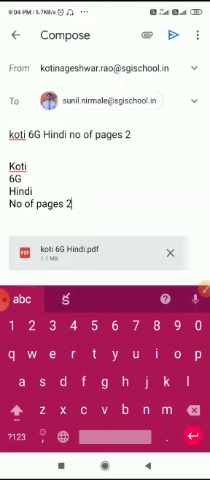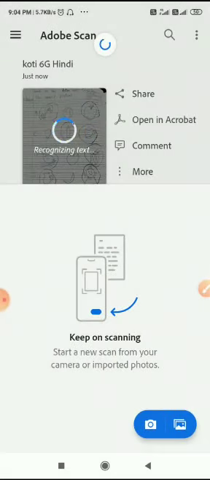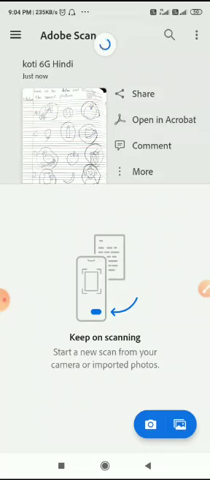And you can see on the top there is a send button. Click on send, then your file will be sent to the particular subject teacher.